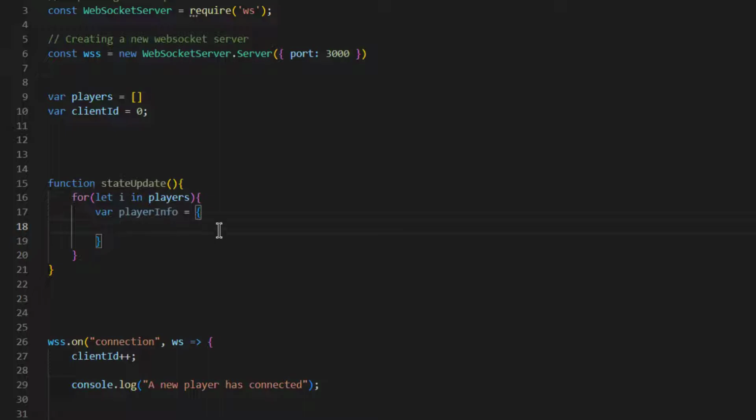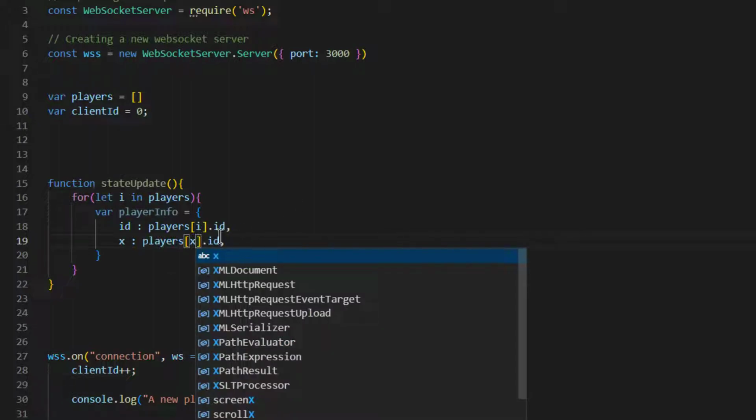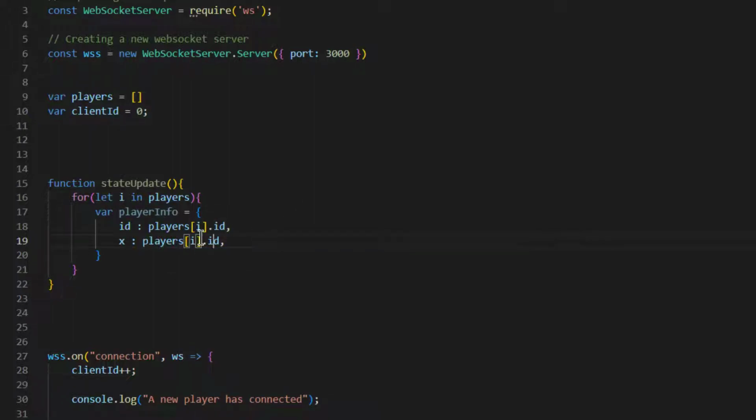You have to give everything about the player. So let's say ID, and I'll call this players i dot ID, then x, players i dot x,